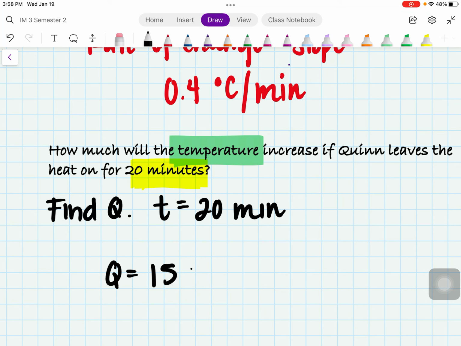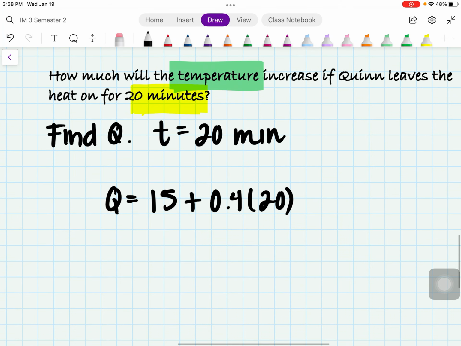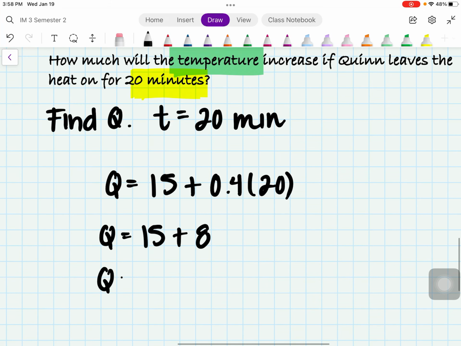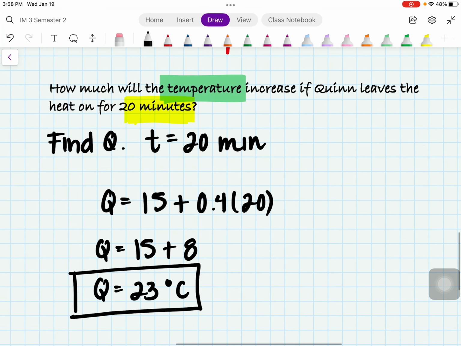So if we want to find Q, we have to do some substitution here. So we have Q equals 15 plus 0.4 times 20. Now, 0.4 times 20 is actually going to be 8. So Q equals